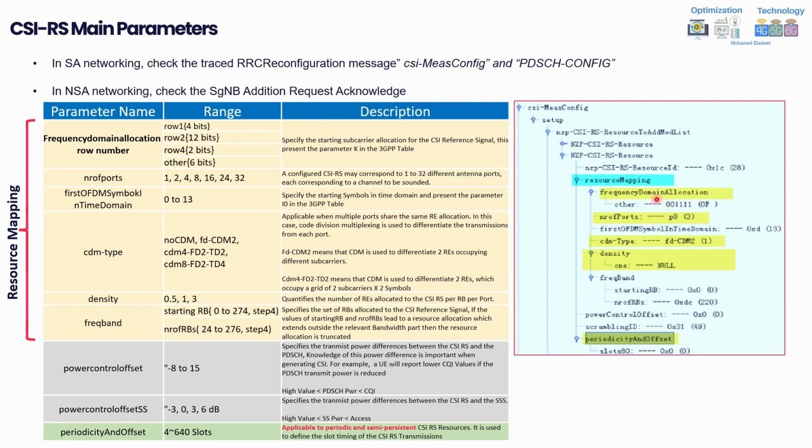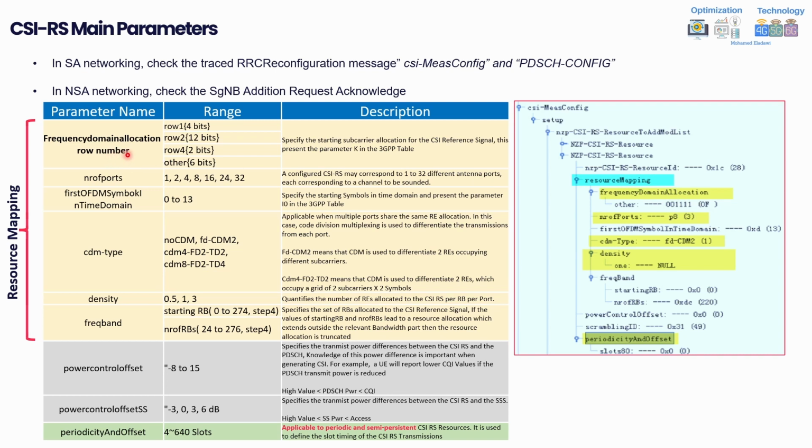The first part, for example, is frequency domain allocation. Under this one, you'll find something called other. For example, here, other, as you can see, is sometimes mentioned as row 2 or row 4 or row 1, and each one of those has a number of bits. And actually, this one is referring to a particular parameter called K. I will give an example of this, but just in summary, the main